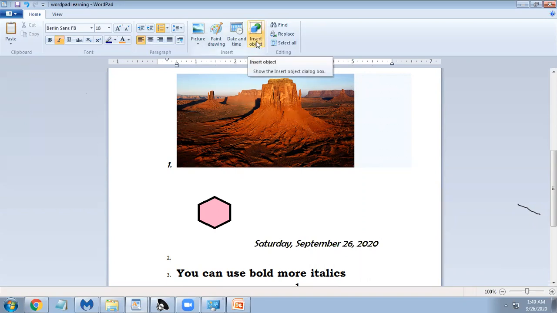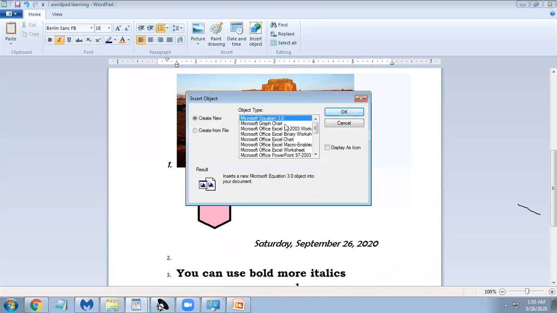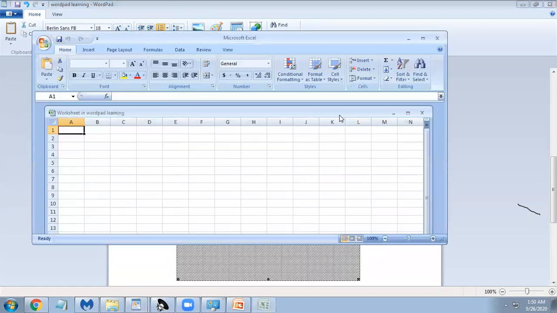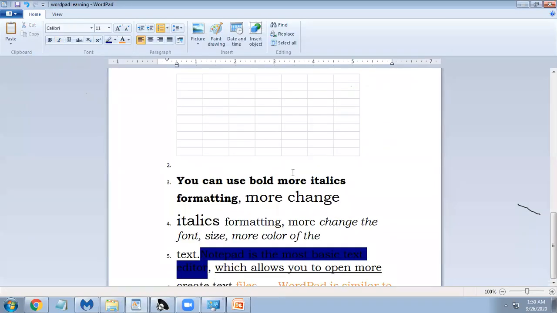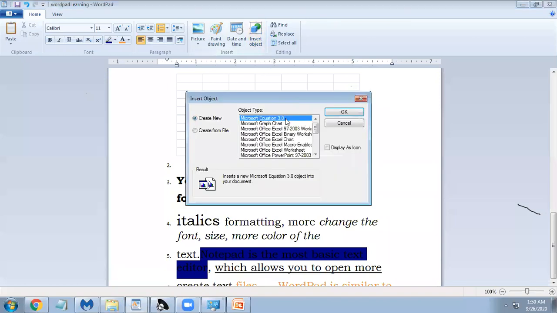After insert object, I will show one feature here. Insert object. You can insert some chart or some binary worksheet and all those things. This is an Excel worksheet. You can insert it, or you can insert the graph.